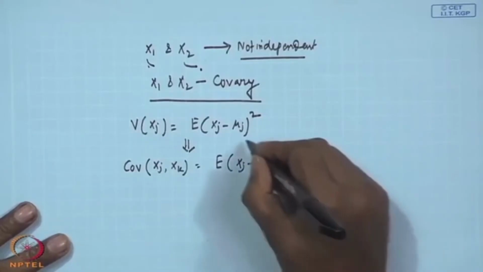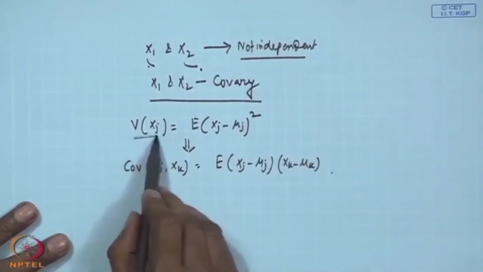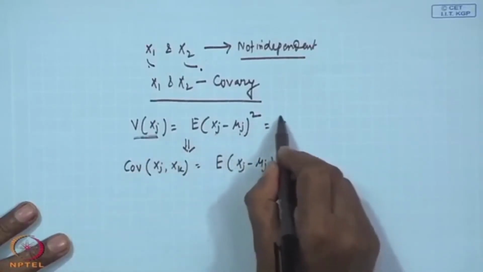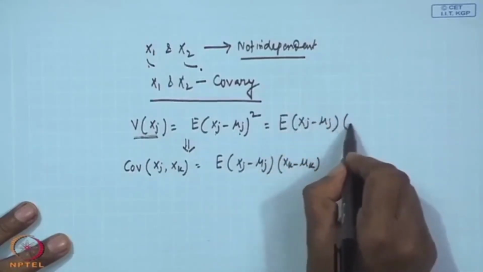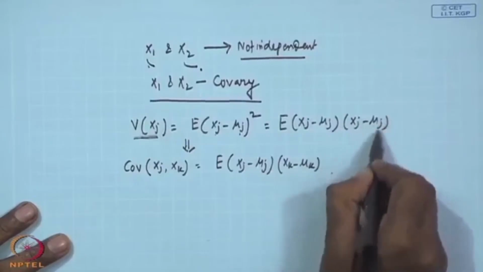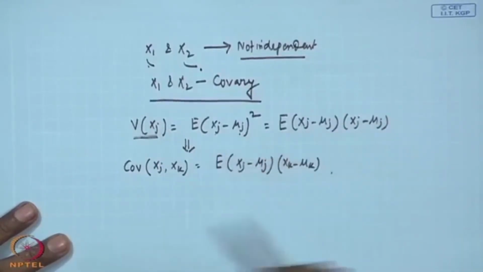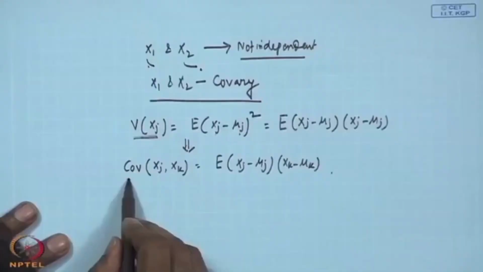You see the similarity between these two. When I am talking about variance of j, I am saying x j minus mu j, and I am further writing x j minus mu j and x j minus mu j. That is why the square is coming. That means the same variable is repeating, as if creating two variables, x 1 on x 1. So, the covariance is this,